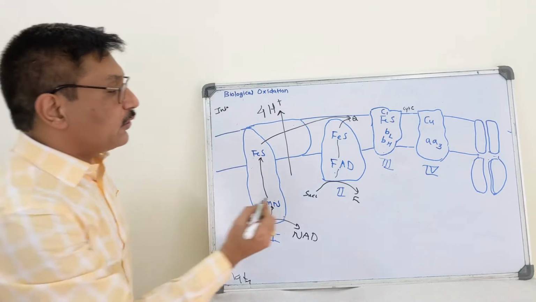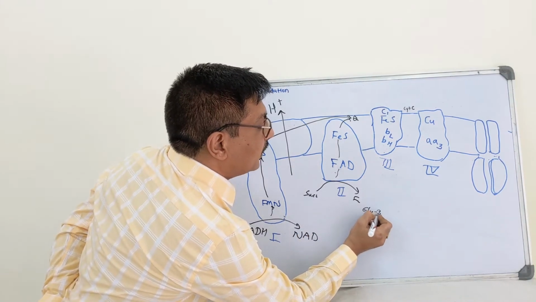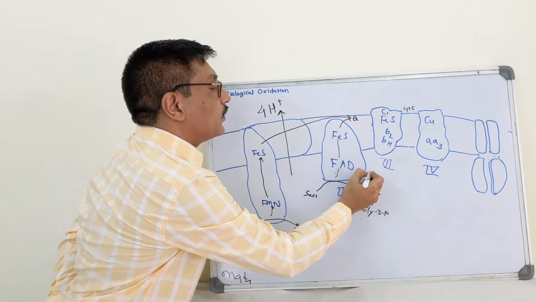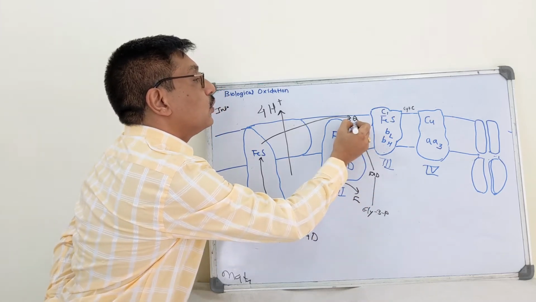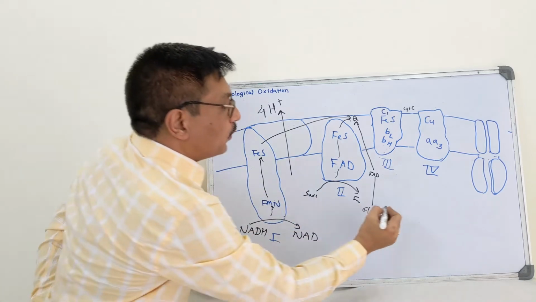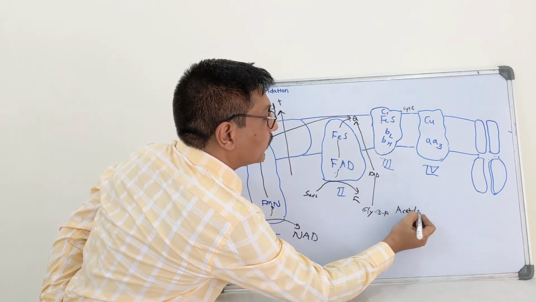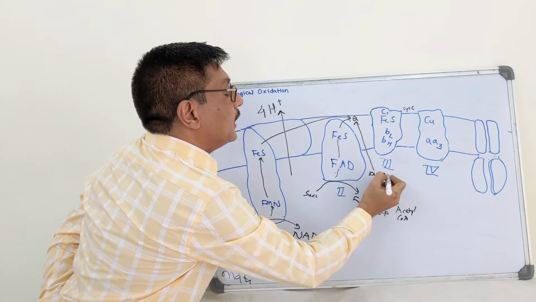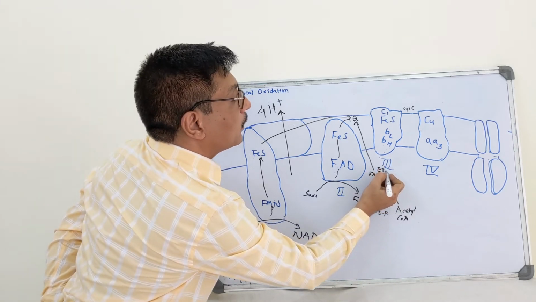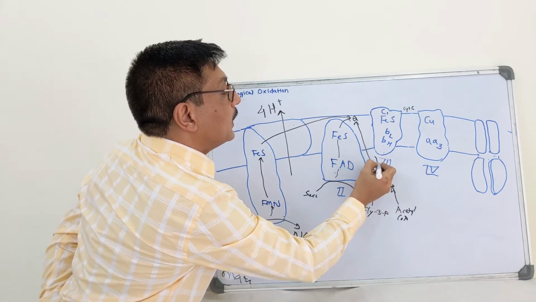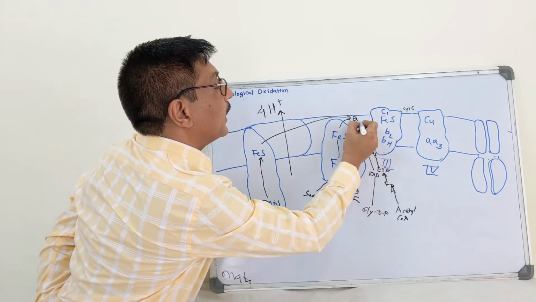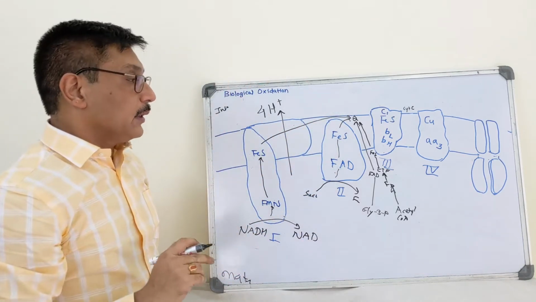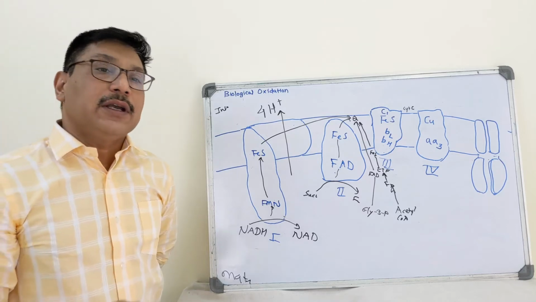Other substrates such as glycerol 3-phosphate also transfer their electrons via FAD to coenzyme Q. Also, acyl-CoA transfers its electrons through flavoprotein, then electron transporting flavoprotein, then iron sulfur centers, and then to coenzyme Q. So various substrates transport electrons to coenzyme Q. From coenzyme Q is the Q cycle.